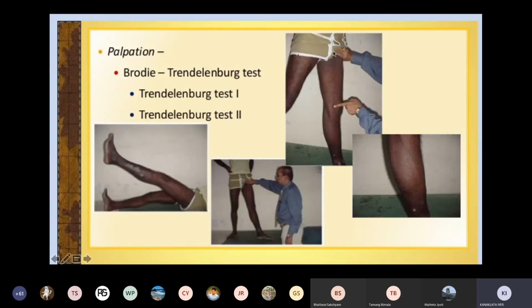After you have done that, you put a finger on the saphenofemoral junction where it opens. That means you are actually blocking the saphenofemoral valve. After that, you make the patient stand up, and when you release this pressure, if the vein quickly fills up from above, that means the saphenofemoral valve is not functioning. Or you make the patient stand but don't release this finger, keep the finger there. If the vein fills up from below slowly, that means the perforators are not functioning. This is the Trendelenburg test.